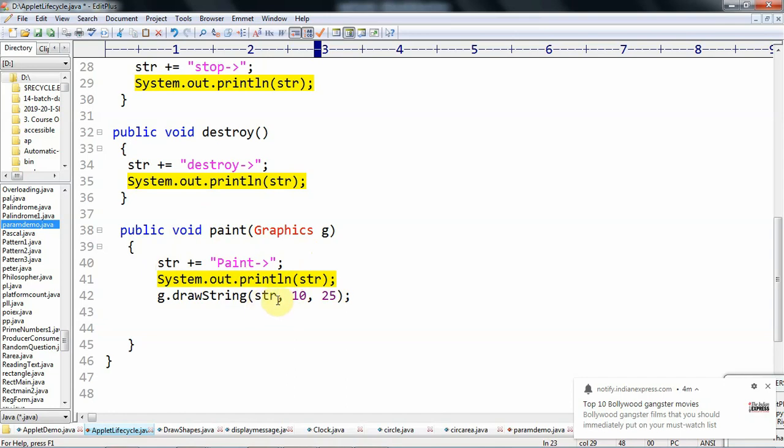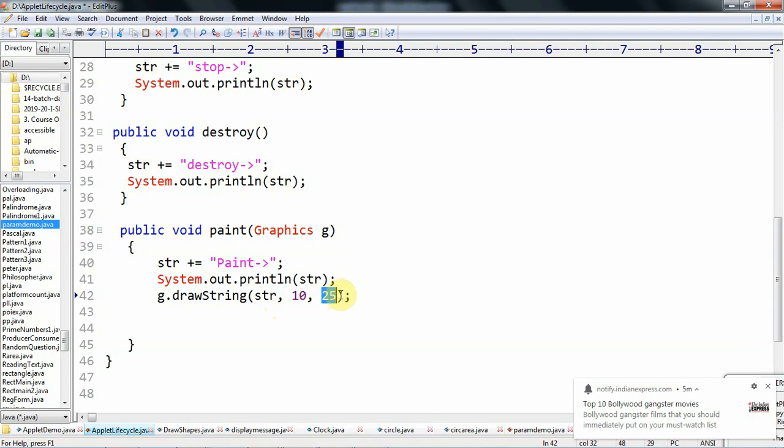Then the same string we print on the applet window also. For printing on the applet window, we use g.drawString, then whatever message we want to print, that is str, at position 10 pixels on the x-axis side and 25 pixels on the y-axis side.